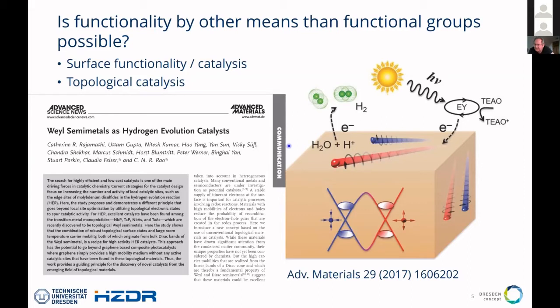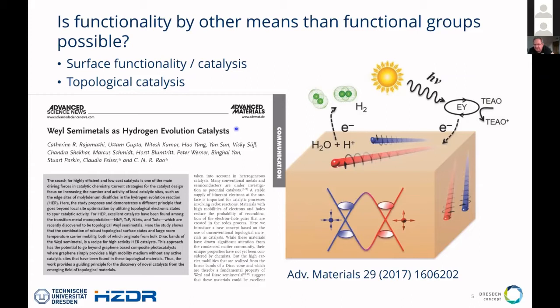And to my knowledge, it's the first, or one of the first works where topological insulators were driving catalysis. It's called Weyl Semimetals as Hydrogen Evolution Catalysts, and it's a very nice paper. It got highlighted in Nature, and it's actually really interesting to read, and I think it really opens the door to something new. So we will come to topological insulators in a moment, so that you understand what topology means, but